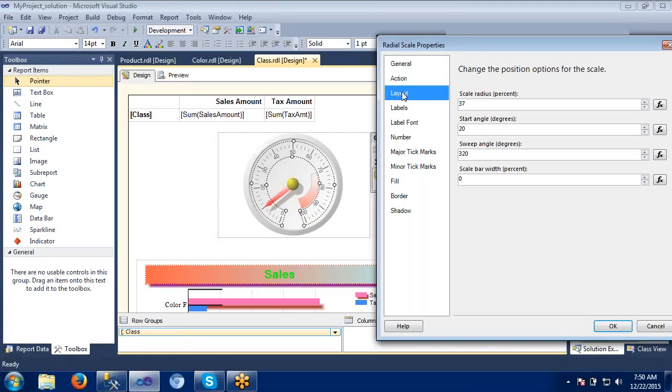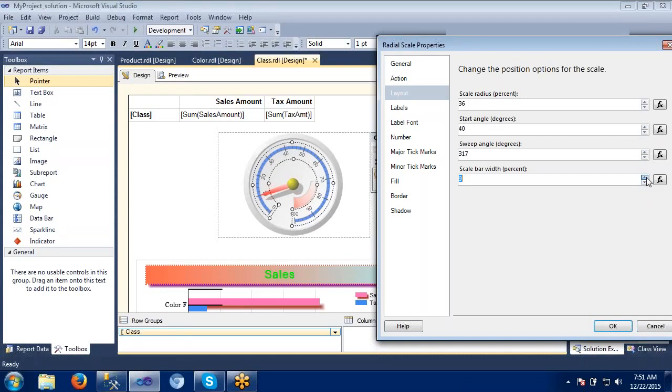Actions we have seen, layout we have seen. Coming to the layout, how do you want to show this layout here? Okay, let me open this one. If we increase this one, see, it is coming out here. This is how we can specify the layout of the scale here. If you want to make it inside, we can make it inside. This is the starting angle degree here. If we want to change this, see, when I am changing this one, the starting angles are changing here. Sweep angle we can also change here. So this is how we can change it. Or if you want to make it like this, we can. I mean, try out all these options.